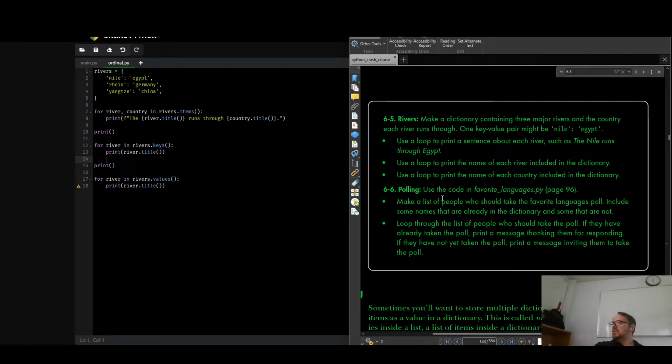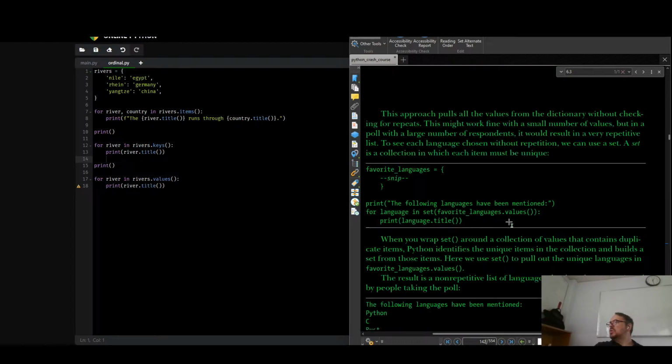Use the code in favorite languages. Make a list of people who should take the poll, and then include some names that are already in the dictionary and some that are not. And then loop through the list of people who should take the poll, and if they have already taken it, print a message thanking them for responding. If they have not taken it, print a message inviting them to take the poll. Yeah, okay. So